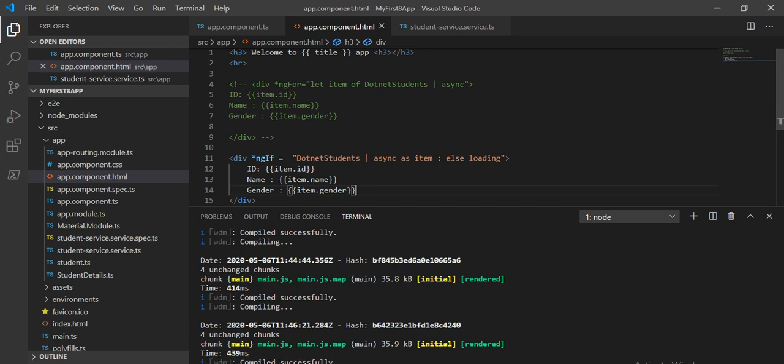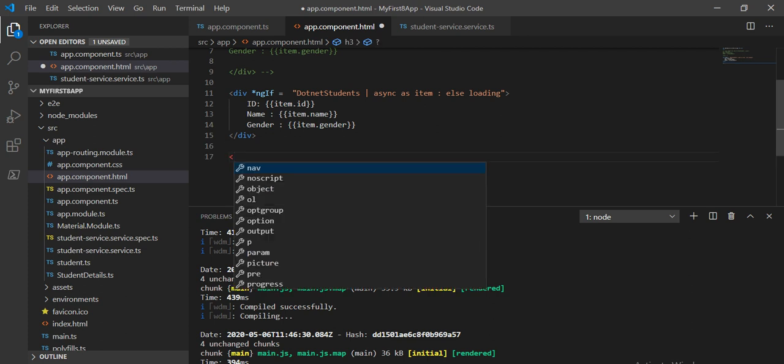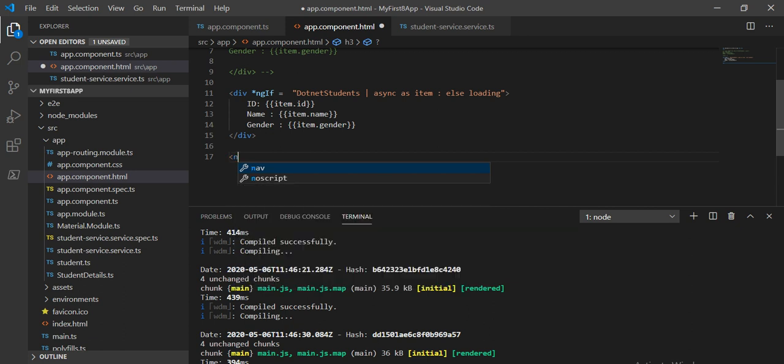Now when we were learning about ngIf, in that tutorial we saw that this loading we have to take as an ng-template. If you don't know about the ng-template, I recommend you go to the ngIf tutorial. There you will find how we create the ng-template. So here we will create an ng-template, and first we have to give the type of this, hash loading.